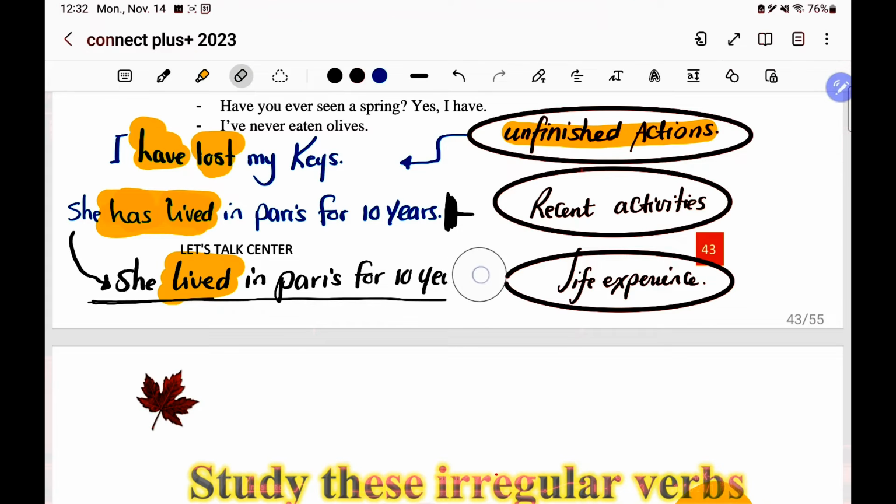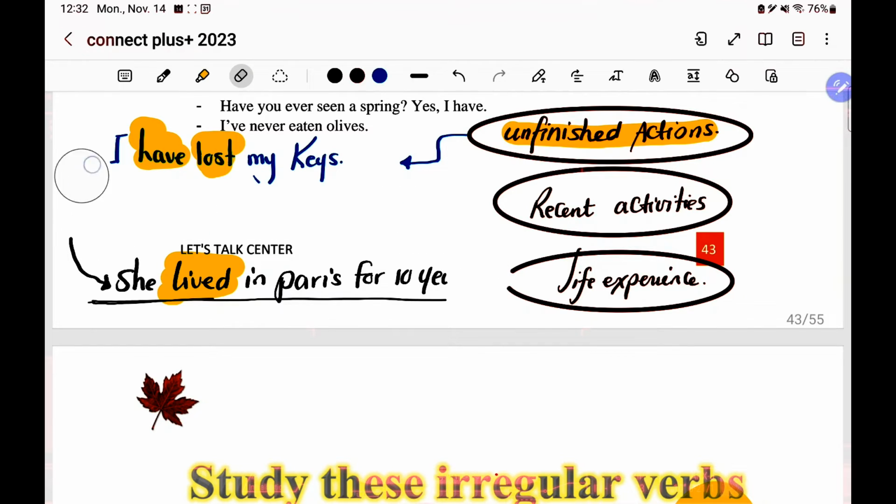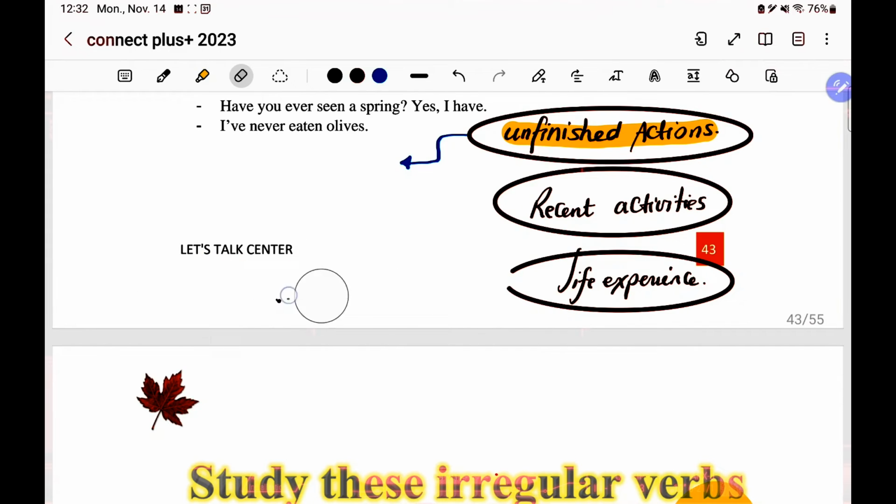Perfect. So let's move on to number 2, which is recent activities. recent activities حاجة لسه عاملها من شوية، لسه مخلصها حالا. وهنا أنا بستخدم magical word just. just يعني للتو، يعني حاجة لسه حاصلة. بص كده الإكزامبل ده. I have or has? Good. I have just